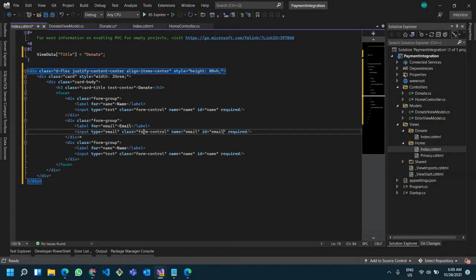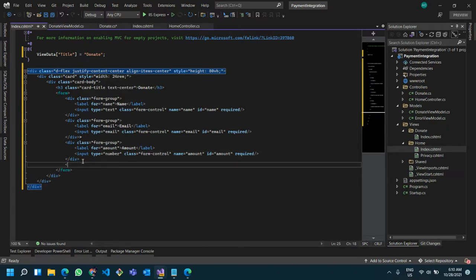All right, and this will be amount, amount, type of number, amount, amount. Great, then we'll be needing a submit